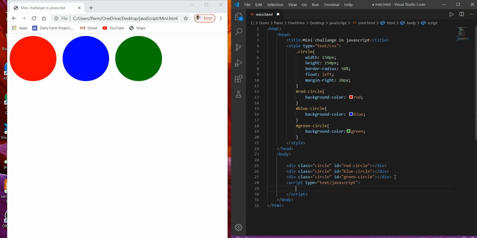First we have to access the element within this document.